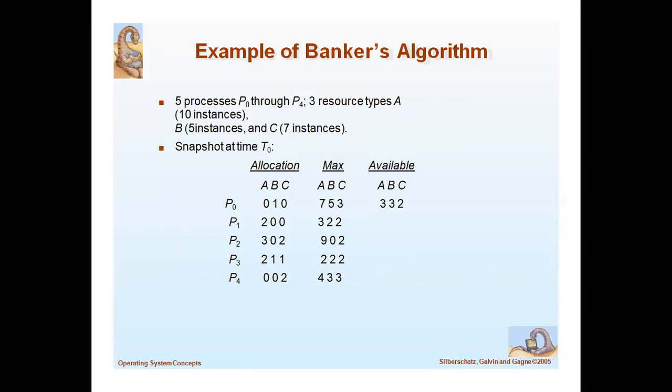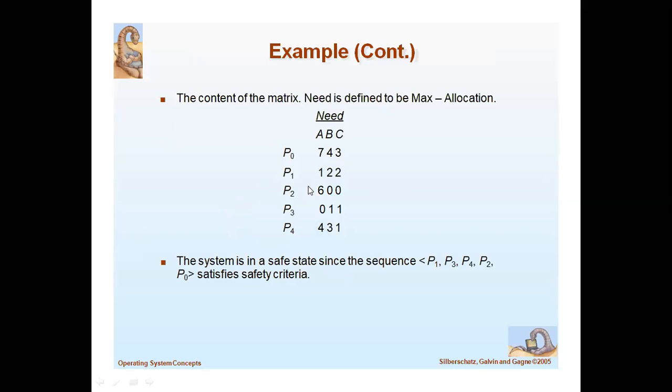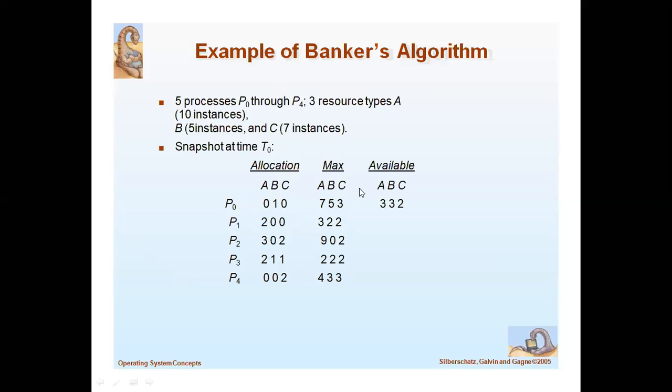So another example, you have to note down this same example and practice it. What is a safe sequence to avoid the deadlock? So note down this example. Same, A is 10 instances, B is 5 instances, and C is 7 instances. And note down this allocation, maximum, and available. Note down fast.